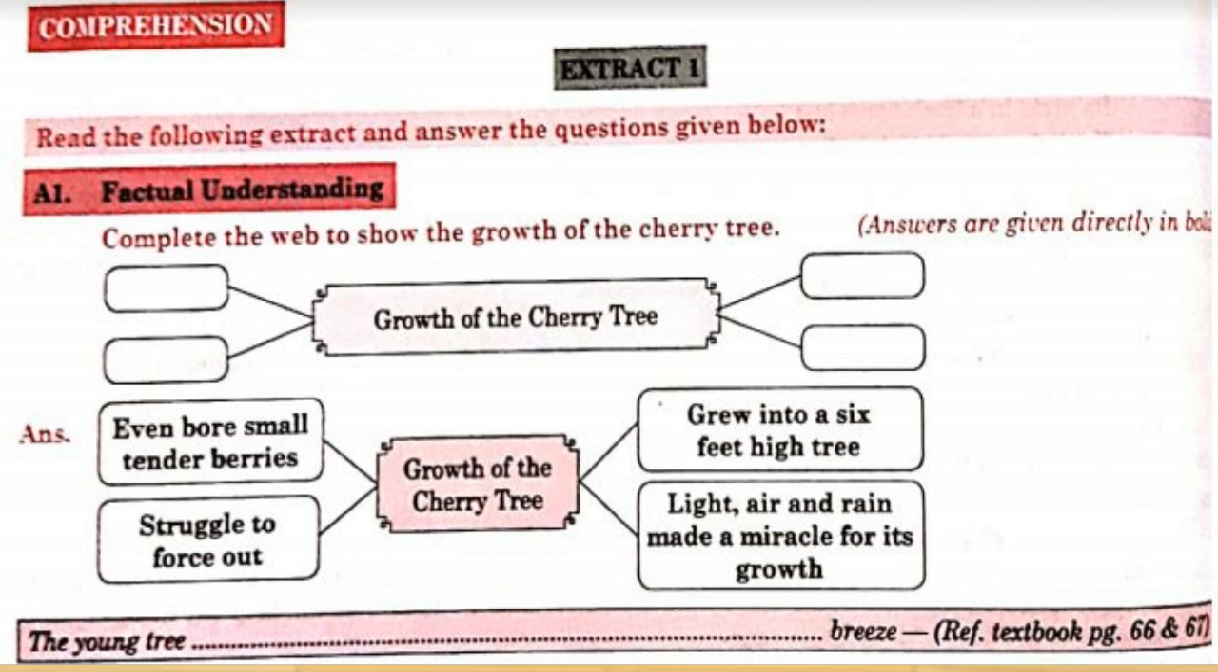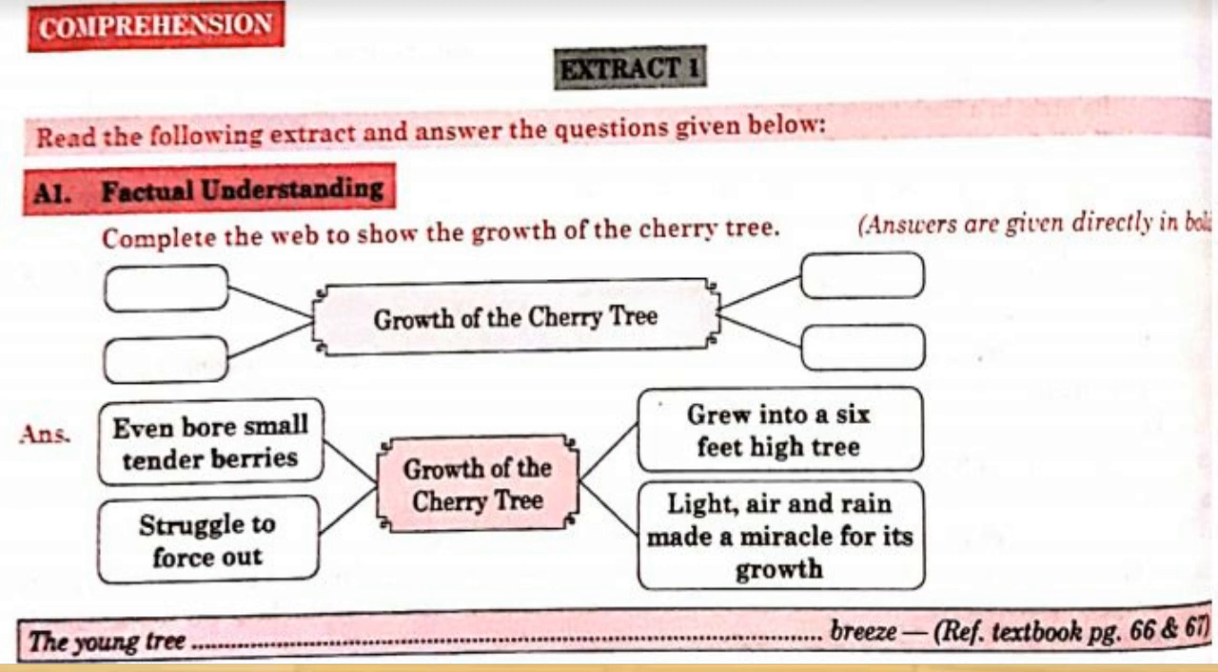The beginning line is "The young tree" and the ending line is "breeze." These lines are from textbook pages 66 and 67. Activity 1, A1, factual understanding questions: complete the web to show the growth of the cherry